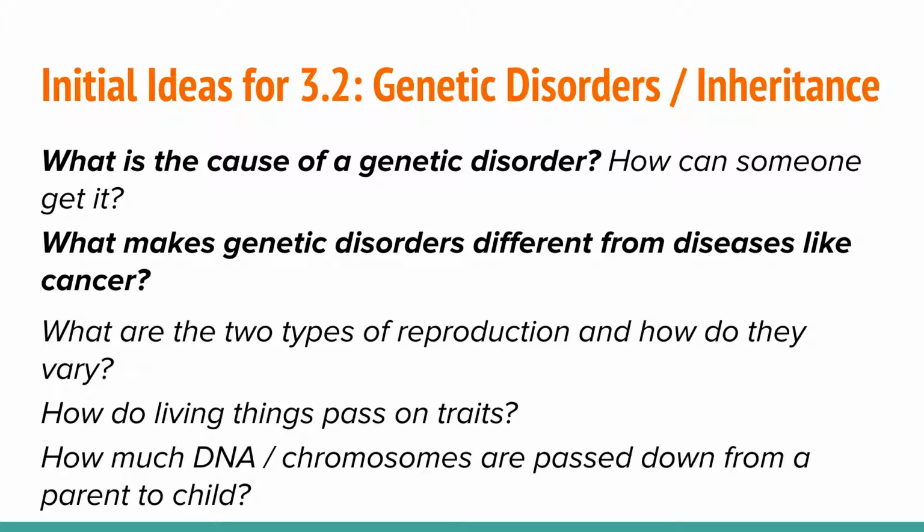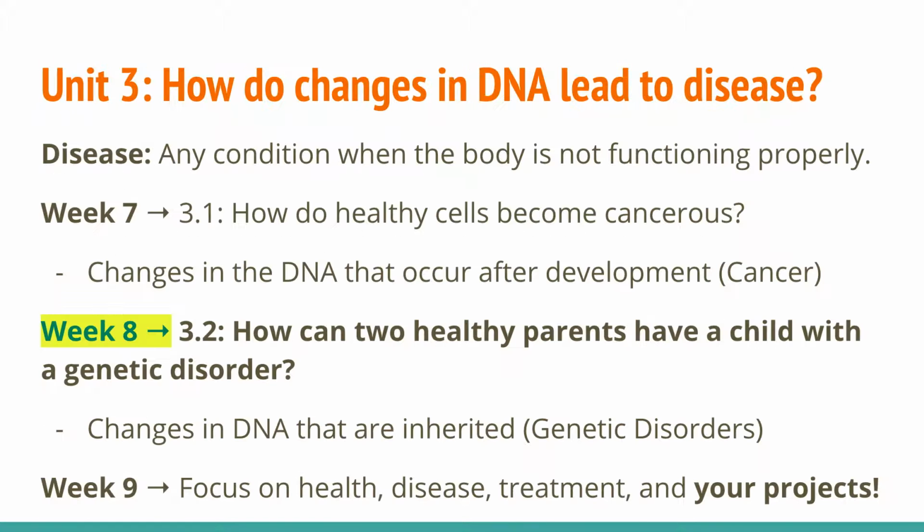What are the two types of reproduction and how do they vary? And how do living things pass on traits? How much DNA and chromosomes are passed down from a parent to a child? So remember, just write down whatever you know about these questions in your EQ checker. After you do your initial ideas,